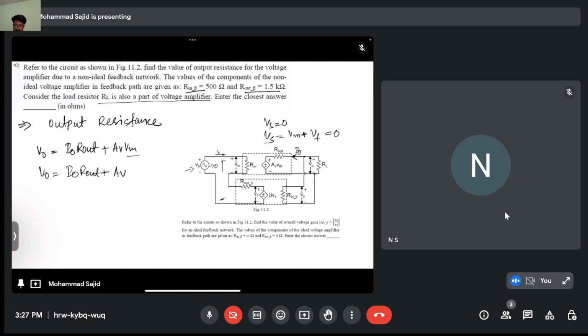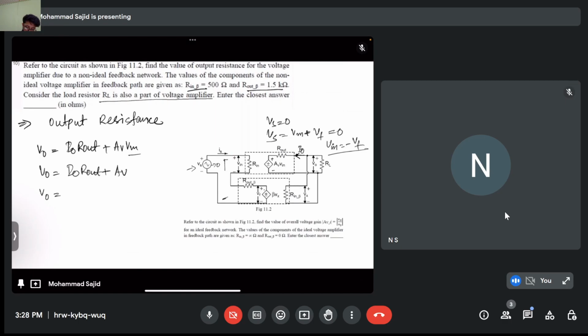So it will be 0. So your V in will be simply equivalent to minus Vf. You don't need to say sorry, you can just have a conversation with me. Okay, so my V naught will be, so here it's minus beta times,